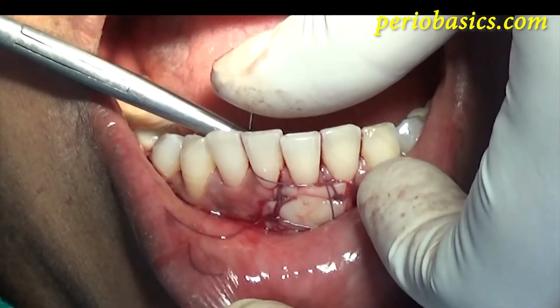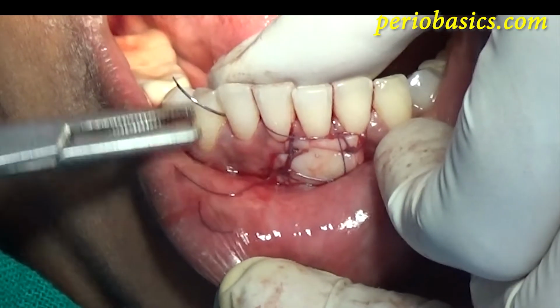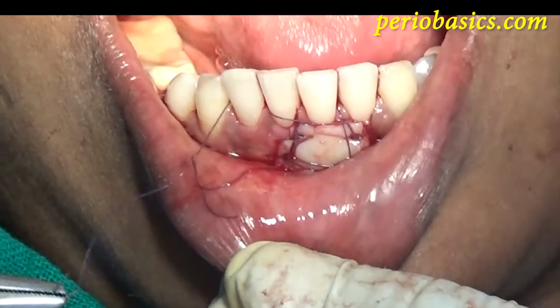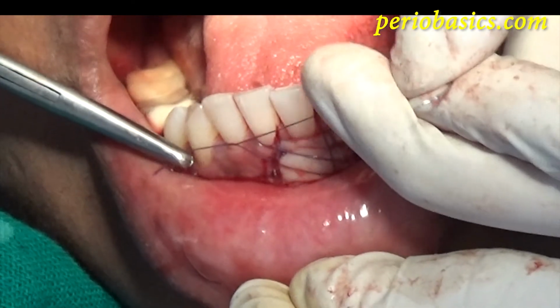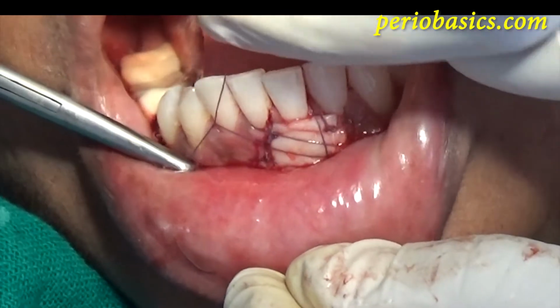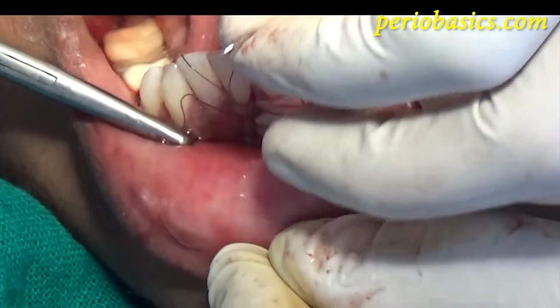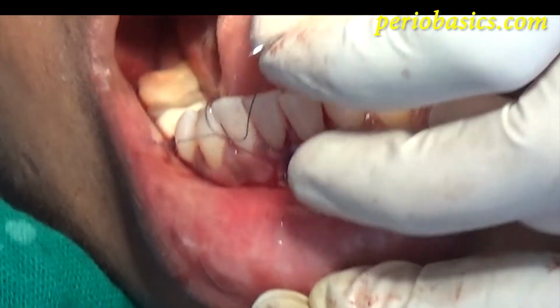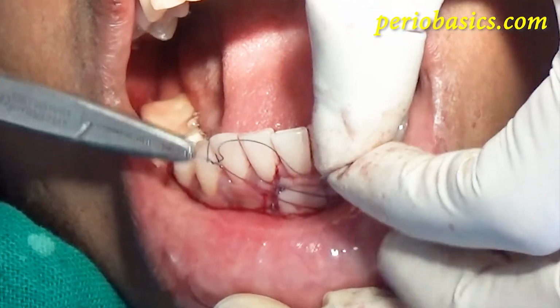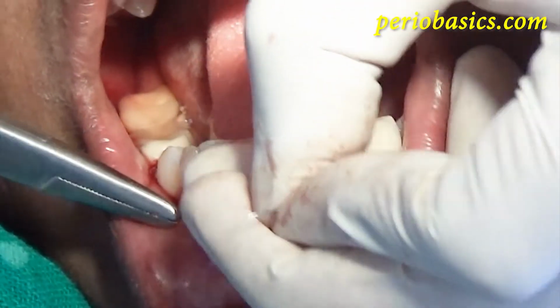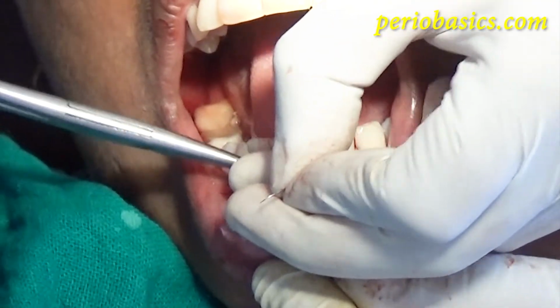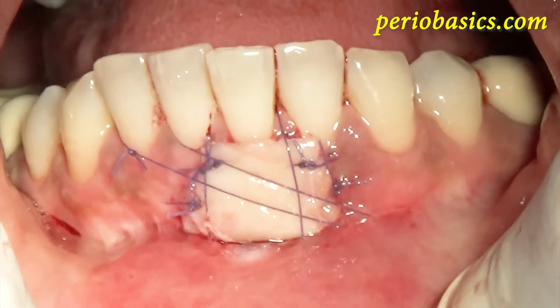Now I'm using the lateral incisor of the other side, and then I'm extending it, and then I'm suturing it, placing the knots, and here you can see that the knots are placed, and this is the final outcome of our procedure.